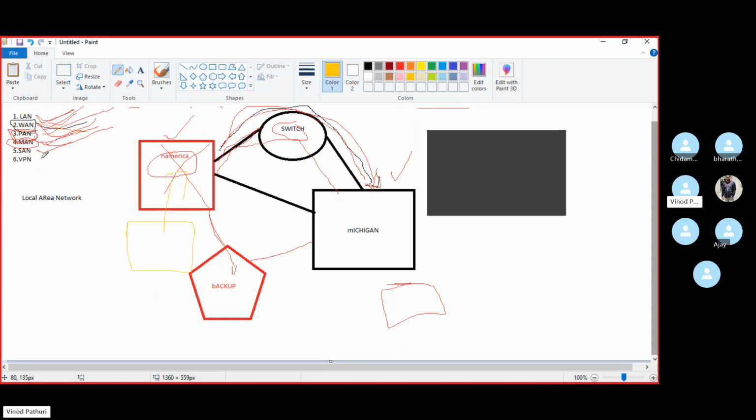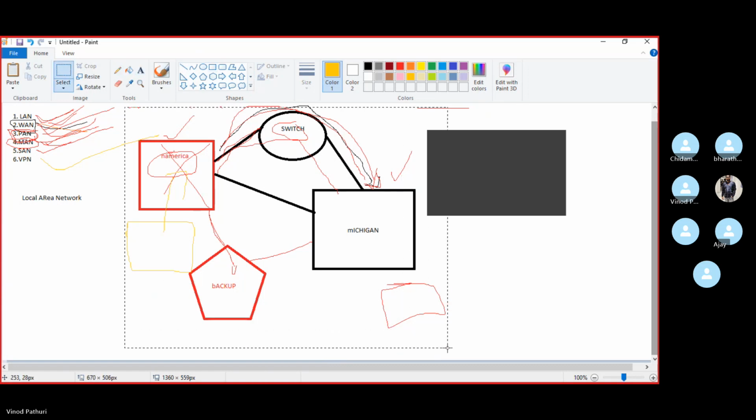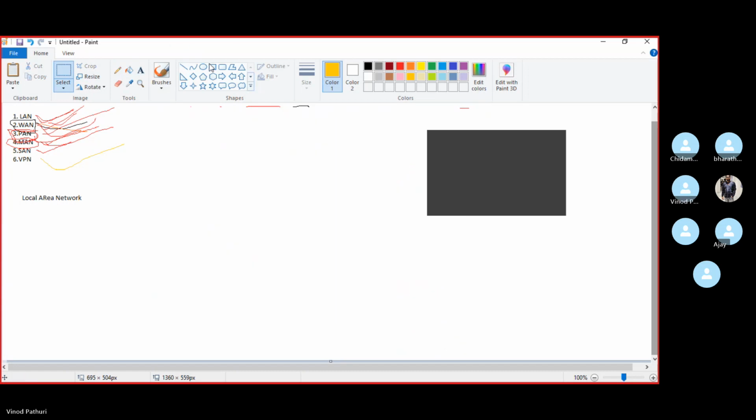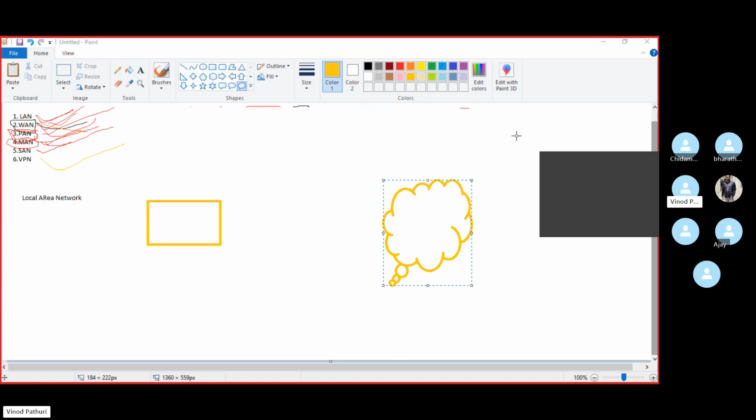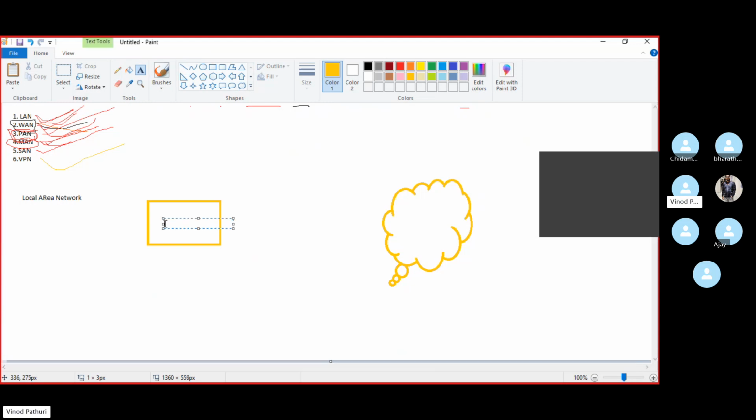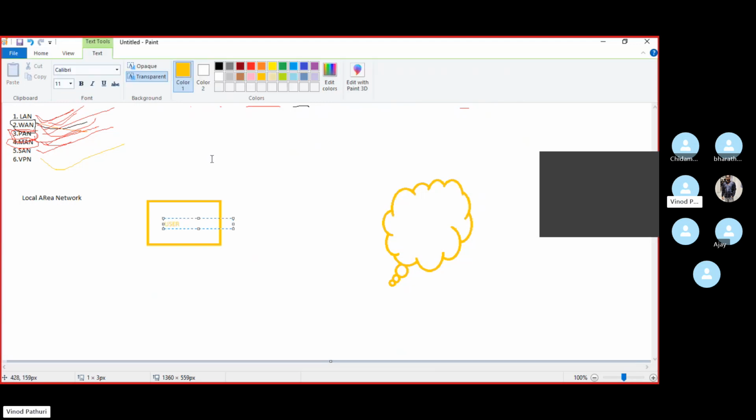And the next one is the VPN. I know everyone uses the VPN, virtual private network. If I say it simply, you want to connect to a server. You know WAN, right? You are here, and you want to connect to a server which is on the internet. This is the user.